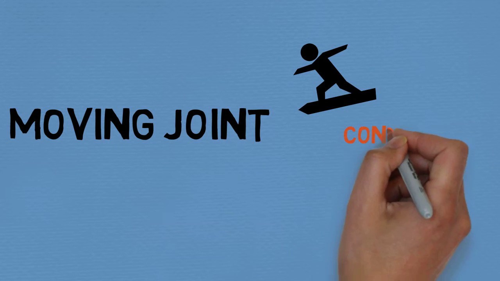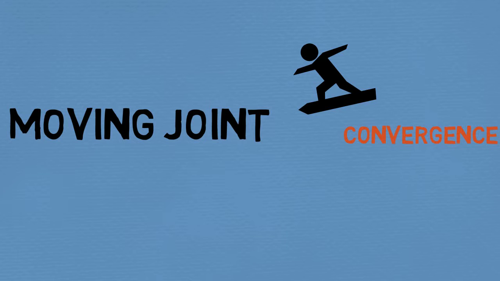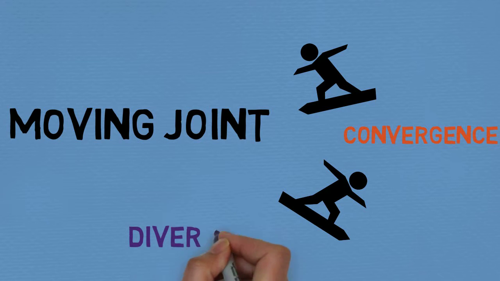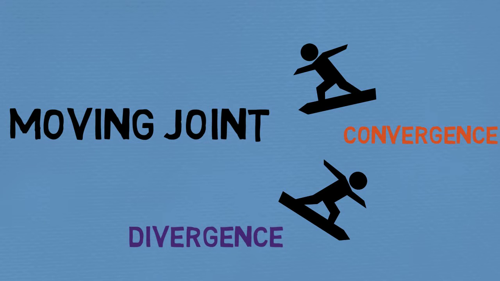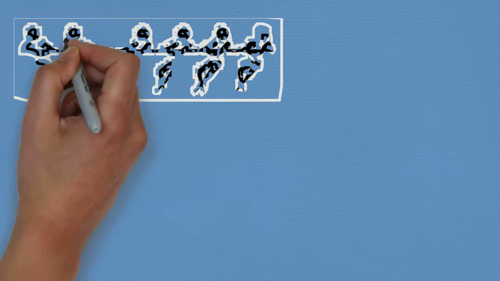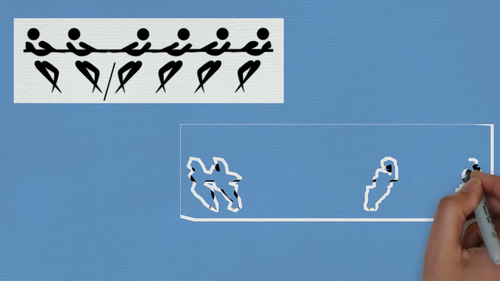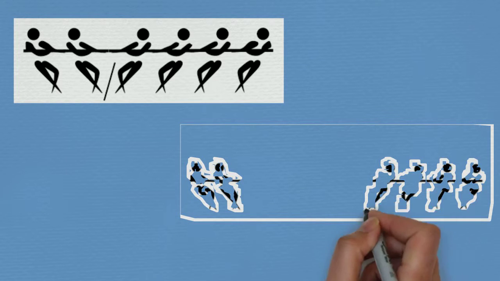When a nerve is elongated, it glides toward a moving point, also known as convergence. If the tension of the nerve is relieved during joint motion, the nerve will move away from the moving joint. This is known as divergence. This elongation of the nerve causes an increase in nerve strain, which is the highest in the nerve segment closest to the moving joint. When a load is first applied to a resting nerve, the nerve lengthens to accept the